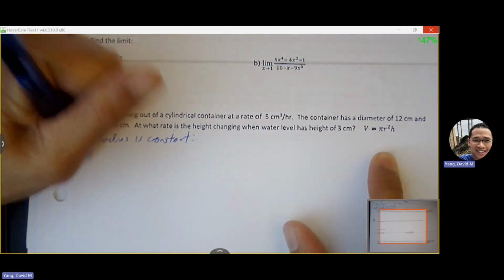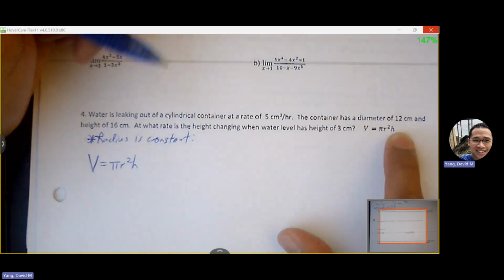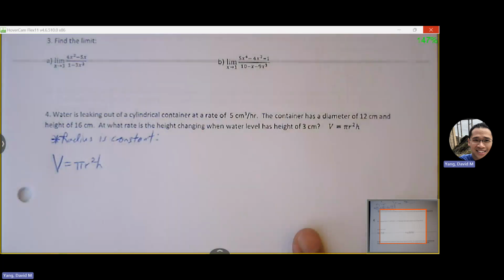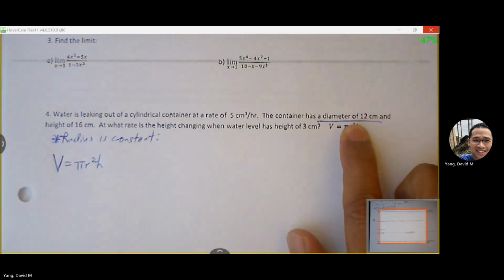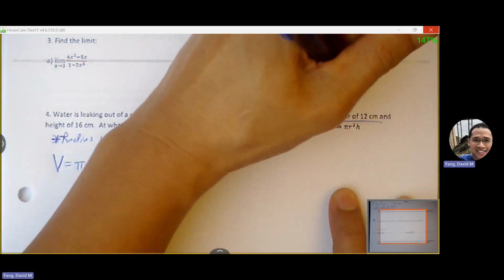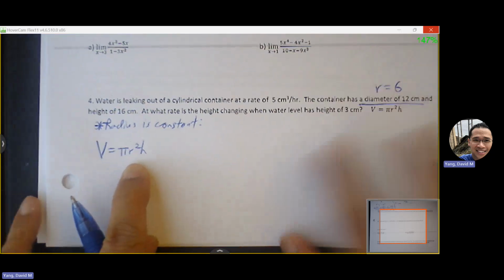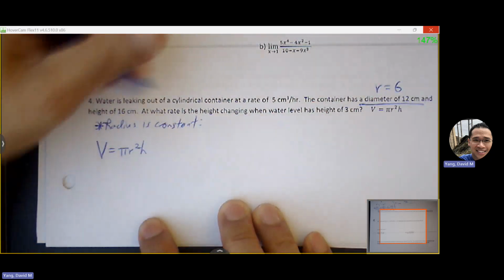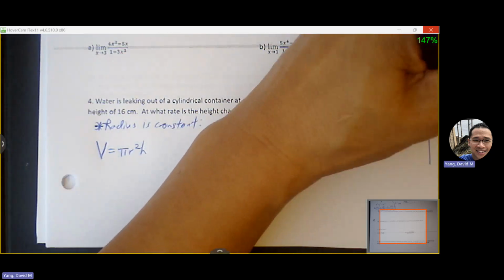Okay, so here's my volume formula. V equals pi r squared h. What is the radius that we can replace? Diameter is 12, therefore radius is what? 6, yeah. So we can go ahead and replace 6 in for r. There's no need to hold on to that, right? Because we know that,